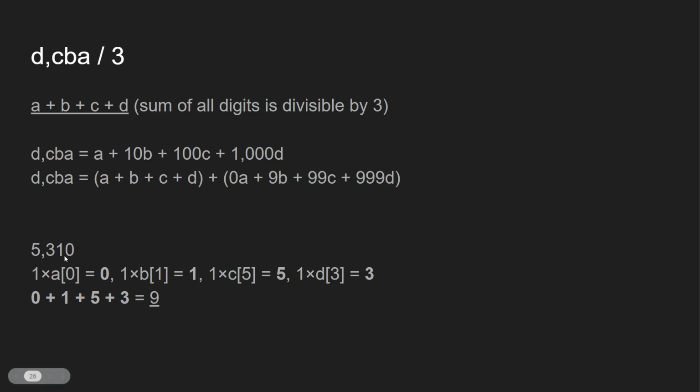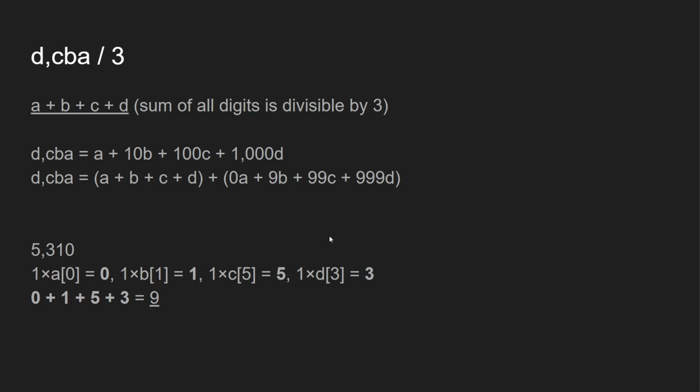Here's a good example, 5,310. So, this is a 0 right here, so we're going to take 0 plus 1 plus 5 plus 3. Why is it in this order? This is a weird order. So this should be C equals 3, D equals 5. I apologize, I somehow didn't notice that mistake, but either way, 0 plus 1 plus 3 plus 5. 1 plus 3 plus 5 is, of course, 9, and 9 is obviously divisible by 3,